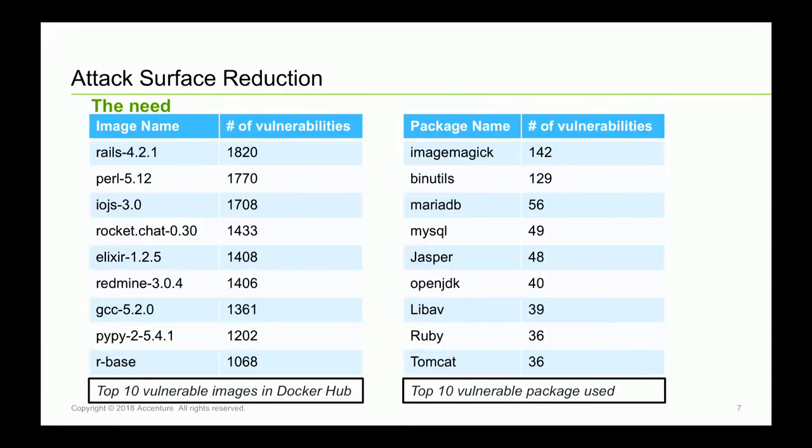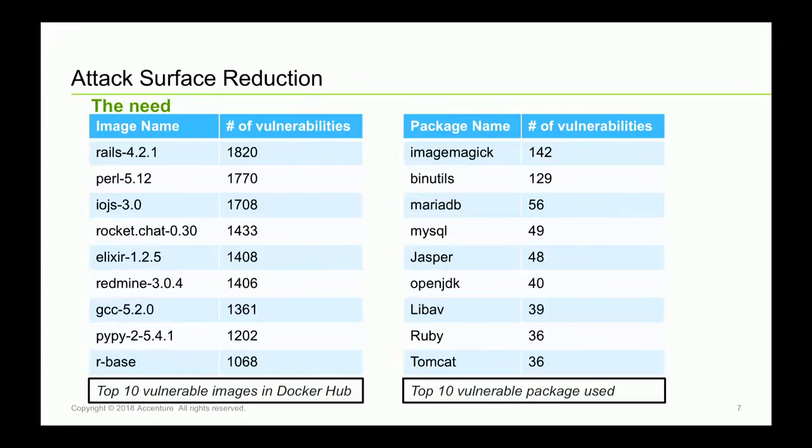These are the top 10 vulnerable packages. Some of them have literally thousands of vulnerabilities. What it means is, if you have a lazy or not so careful developer who would just pull some images and run them in production, you're going to inherit the cost of managing, fixing, patching, or containing these vulnerabilities. On the right-hand side, these are the most vulnerable packages that are currently used. It's not as bad as the left-hand side, right? The left-hand side are probably older versions. But the right-hand side shows more recent versions, and you can see that they still have double-digit vulnerabilities.